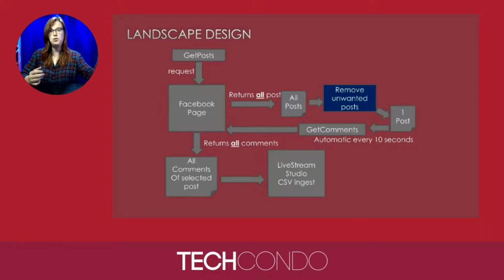Looking back to it, we'll get all the posts, and then we want to remove the unwanted post, which is a blue box. The reason why that is a blue box is that it is still manual. Why is it manual? Because it is not necessarily always the last post that you actually want to check. If you look at me, for instance, I have the show, but also some mobile lives that I do, which are